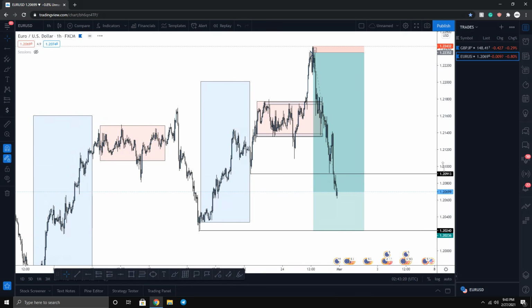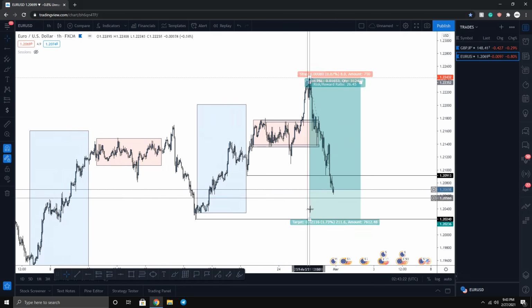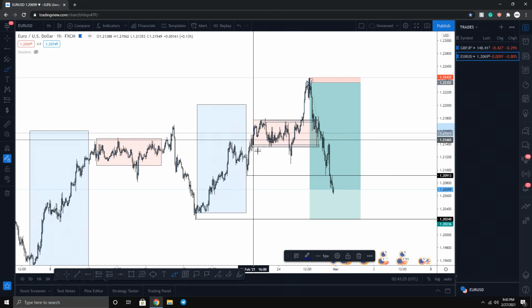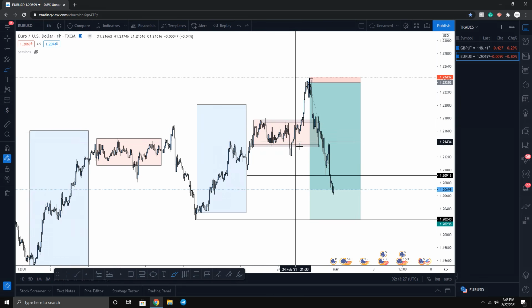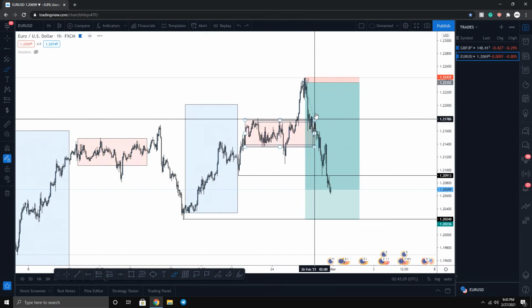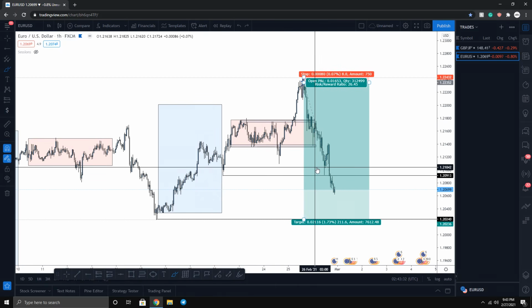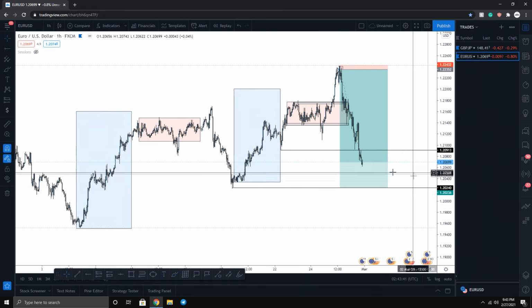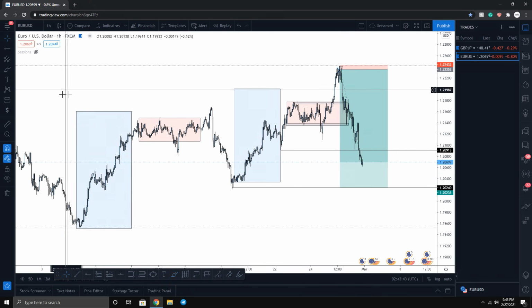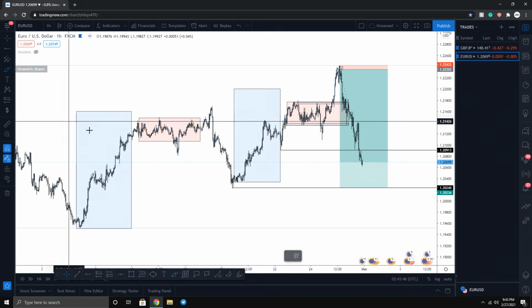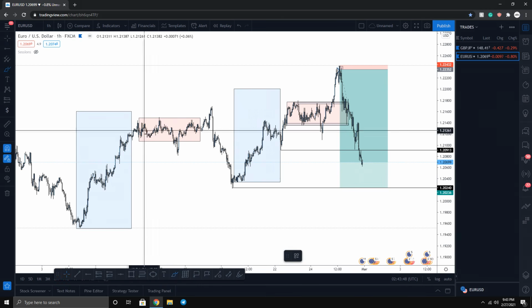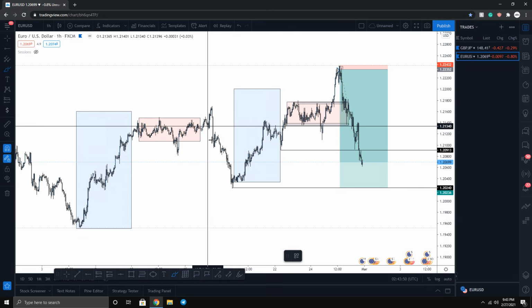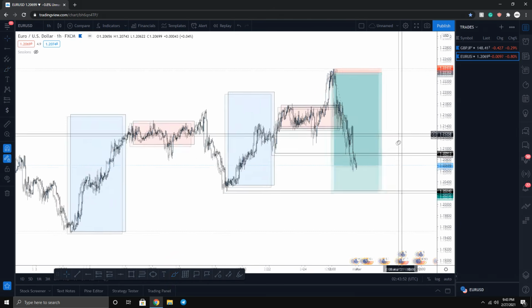And yeah, this is why I'm saying we want to be entering on the expansions instead of entering where the manipulation is happening. Now you can easily see how obvious these moves are. It's just that we're not trained to see these moves because of the overall retail methodology that everyone's being taught. So next time you're looking at a trade, ask yourself these questions: is the market expanding, or is it accumulating or distributing? Accumulating, distributing, to me, just means manipulation. A lot of Wyckoff people like to trade it. I specifically don't. It's too much for me. I like to keep things simple.